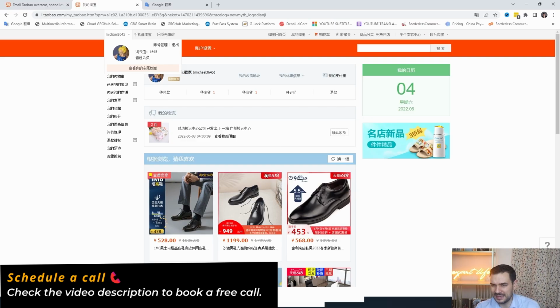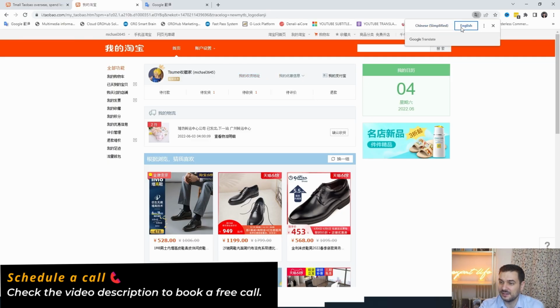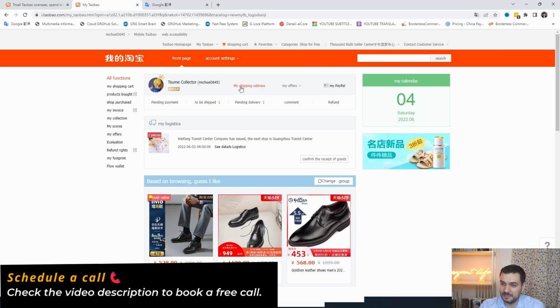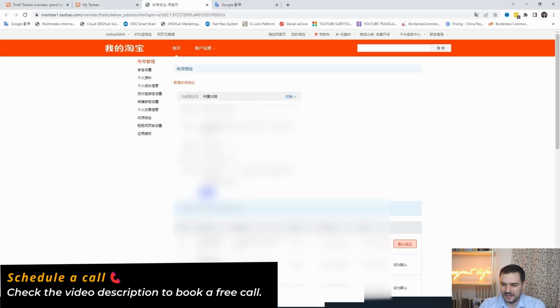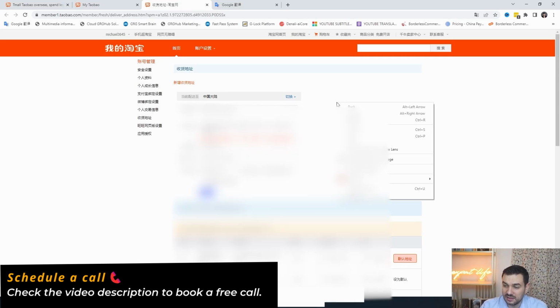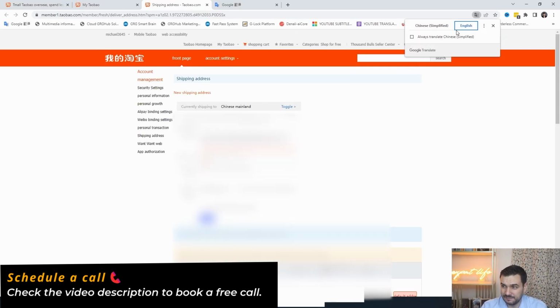So I'm in my hub and I want to add a new address. Well, once you're in the new hub, you can add a new address by clicking here. Remember, you can always use Google Translate if you get lost. So my shipping address, right? And then here will tell you which address is your default address, or if you want to add a new address, you can put it here. Sometimes you can add a foreign address here. So if you click here,